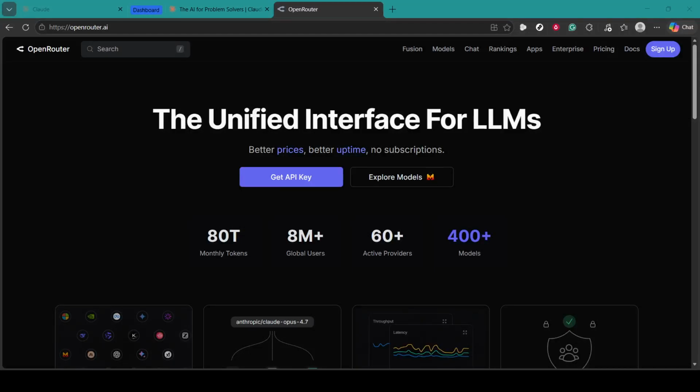In today's video, I'm going to teach you how to get Claude 3.7 Sonnet API key. We'll keep this simple and clear, and by the end, you'll have a secure API key ready to use. We're going to use OpenRouter, a platform that gives you access to a variety of AI models through a single